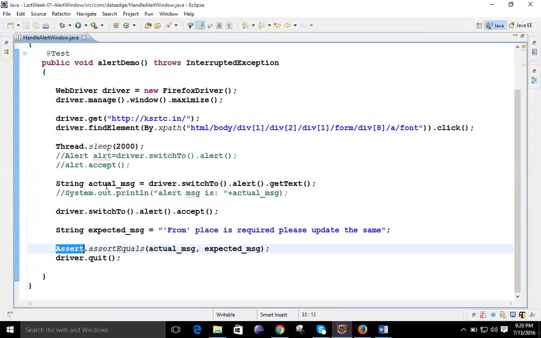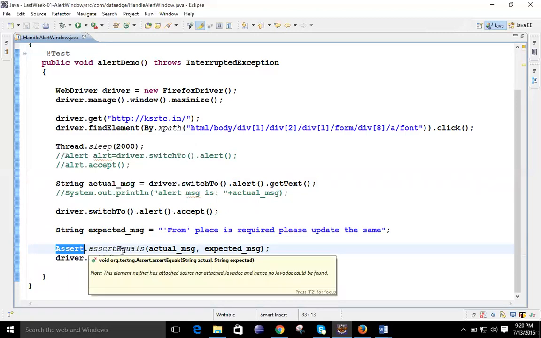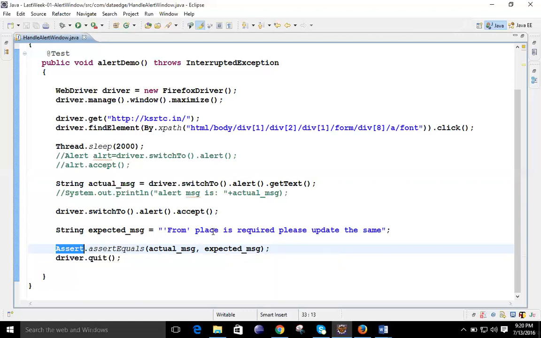See, we are having the captured method, right? Make the comparison with assertEquals. You have seen this method somewhere, assertEquals. Yes, Vikram.